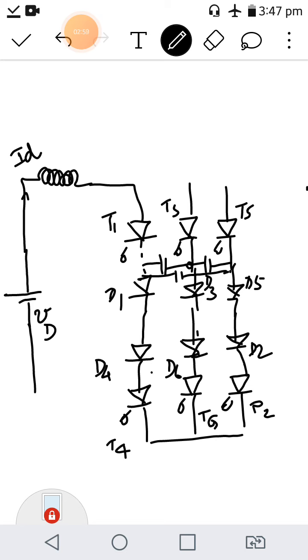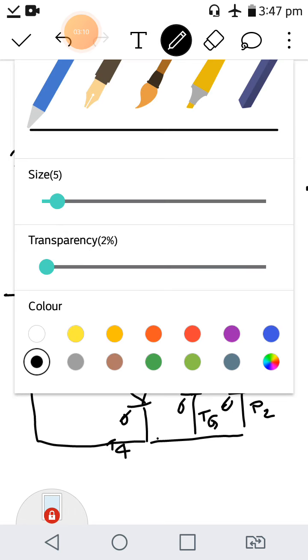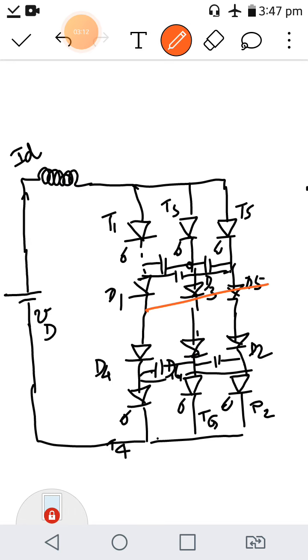Here also you can see capacitors for these diodes. The diodes and capacitors help in proper commutation. So this is the basic diagram of a CSI, and from these three terminals you will get a three-phase voltage, and it is fed to an induction motor drive.